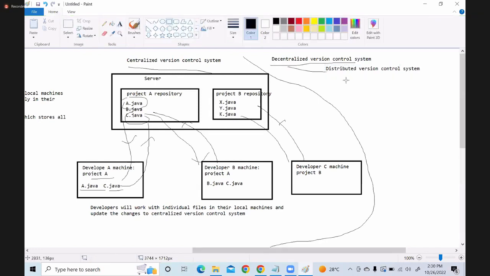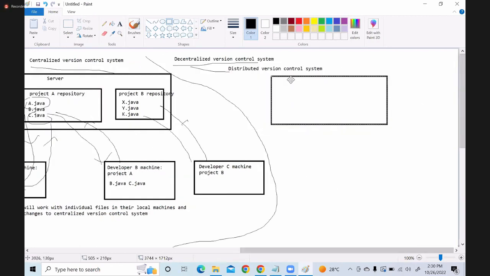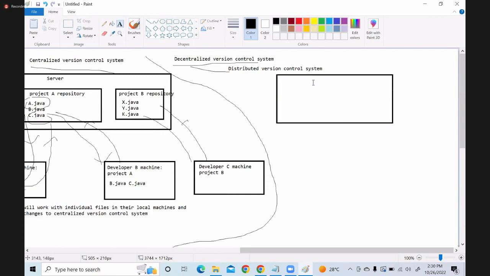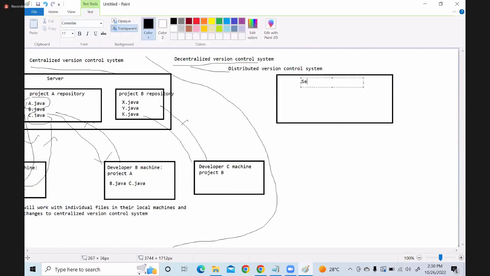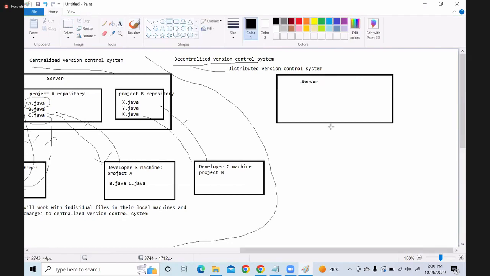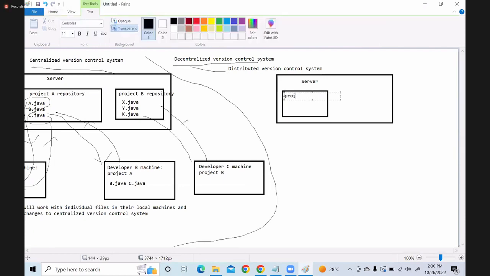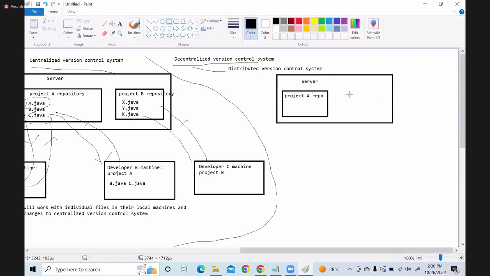So this is a server. Now I have the project A repository and the project B repository.